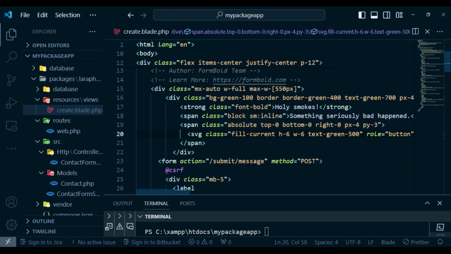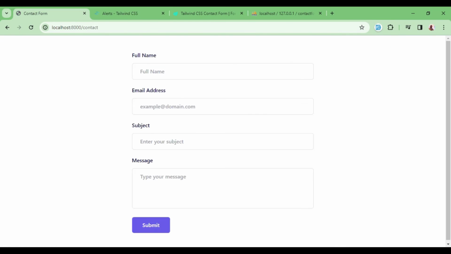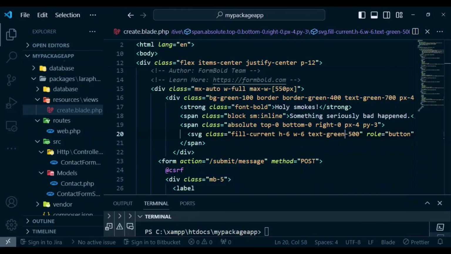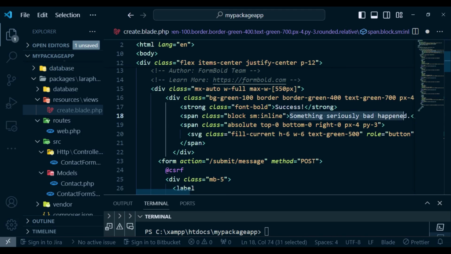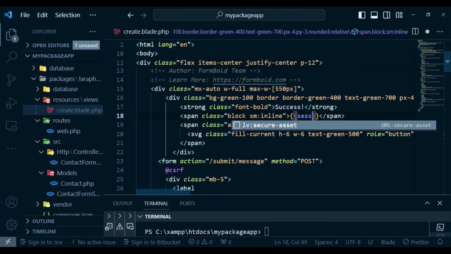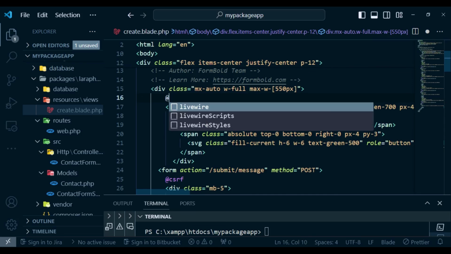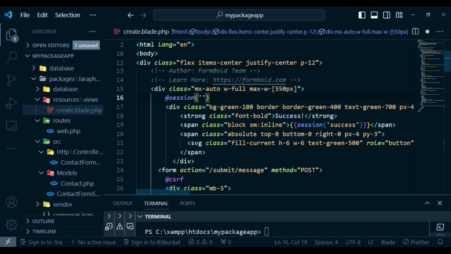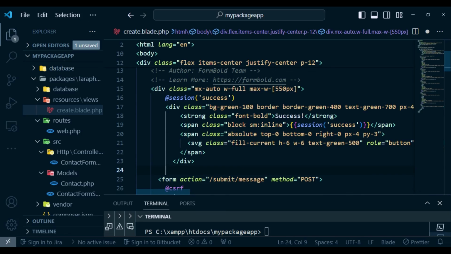Now, because we have not been able to load it properly, right now it has to show. I just want to see how it looks. Now it looks like that. And now here we can say success like that. And then here we can pass the session message. So session success. Then we will use the newly created Laravel session blade variable. So @session success. So whenever we have the key that is called success,